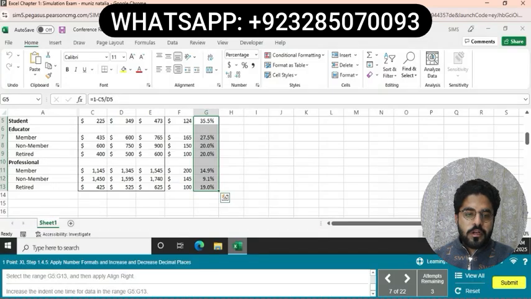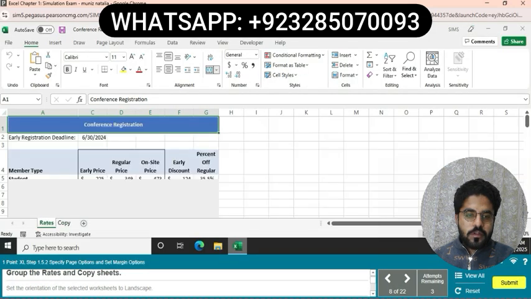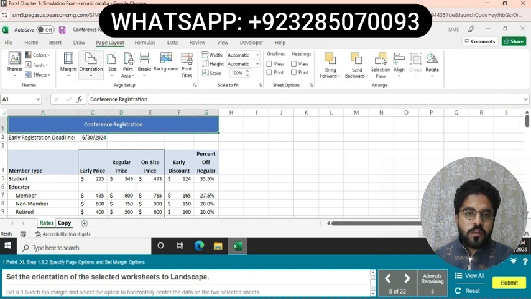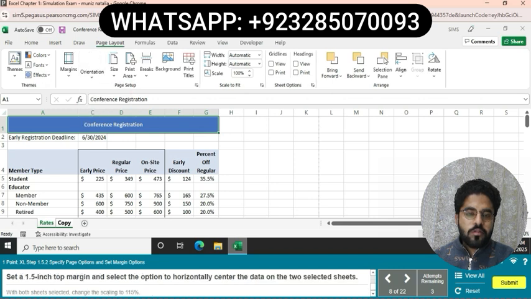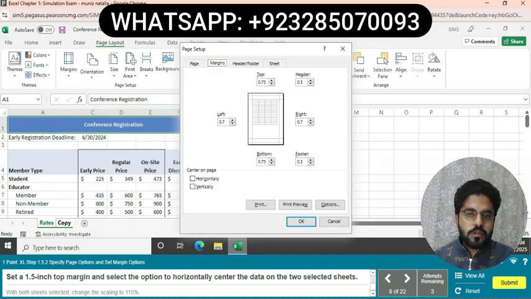Now questions are completed. Go to the next question. Next question is group the sheets and copy sheets. And the next is set the orientation of the selected worksheets to landscape. First we go to the page layout section, go to orientation, then select landscape, and then go to margin, select the narrow margin